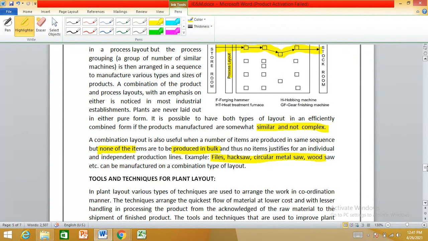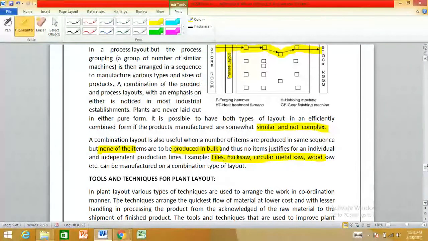But after that, there are many different types of layout. I can give an example like fixed position layout. In fixed position layout, we generally keep the product at the center, and all the things like man, materials, and machines come near the product where we need to perform the operations.